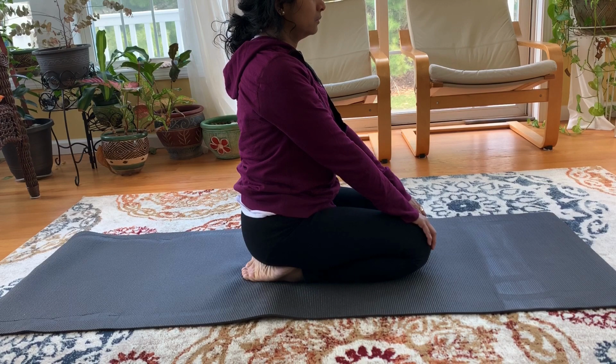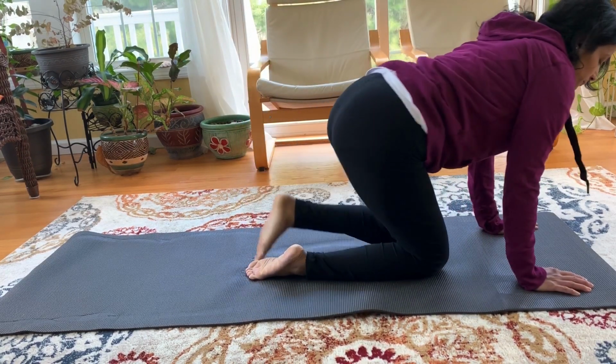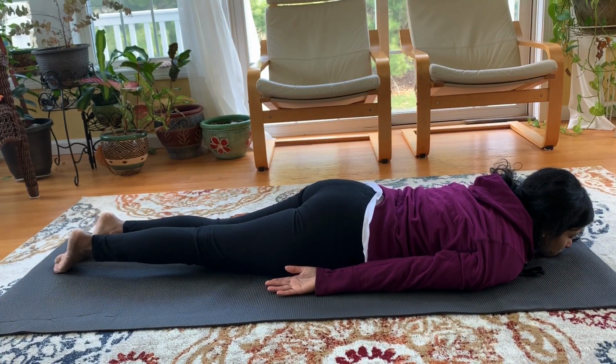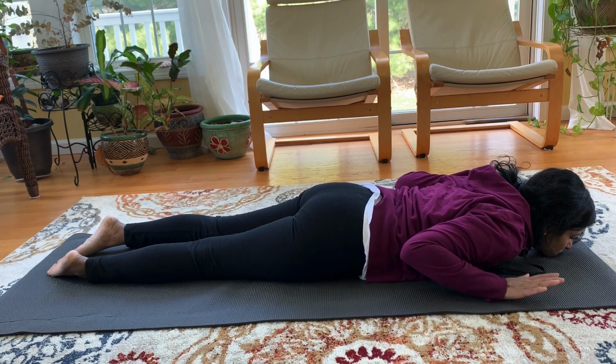If you're having trouble sitting like this on your ankles, then you can place a cushion between the floor and your ankles. That might help. Next, lie down on your belly and just relax for a little bit, and then we will